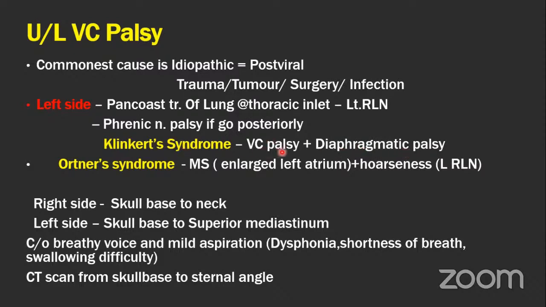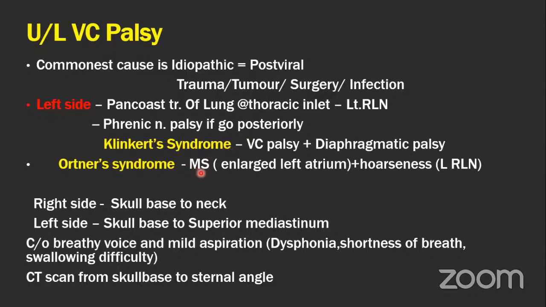vocal cord palsy along with diaphragmatic palsy, or otherwise they can ask you as diaphragmatic palsy along with hoarseness of voice, it is called Hoarseness-diaphragmatic palsy, Kinkert syndrome. Because there is vocal cord palsy, the patient can present with hoarseness. So these two, that is a Pancoast tumor of the lung at the thoracic inlet, going posteriorly, causing a phrenic nerve injury, can present as hoarseness along with diaphragmatic palsy, and that is called Kinkert syndrome. Okay. And